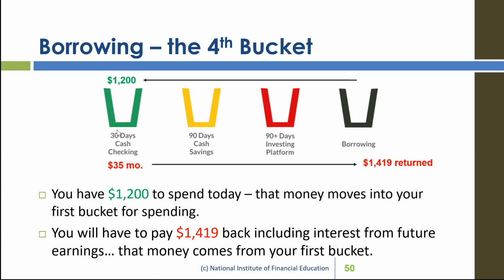Because remember, in this system, my goal is to avoid having less money in this first bucket, in other words, spending more money than I make. Because if I do that, I get to move that money forward into my savings bucket and into my investing bucket. If I have to borrow, I'm essentially increasing my current spending, but I'm creating an obligation. And that load, if I continue to borrow here, will continue to increase, making it more difficult for me to save into my 90-day bucket and eventually to begin filling up my 90-plus investing bucket.